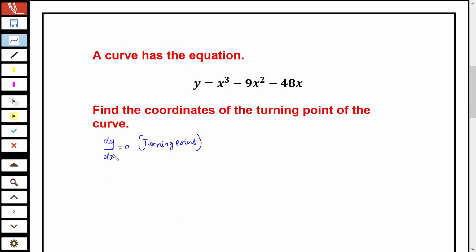So dy/dx equal to 0 is the turning point of the curve. It means we have to differentiate y with respect to x, given the equation y equals x to the power of 3 minus 9x squared minus 48x. Now, we can differentiate by using the general rule for differentiating power functions. So dy/dx